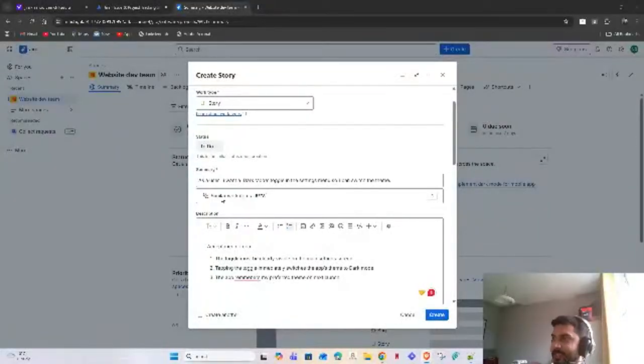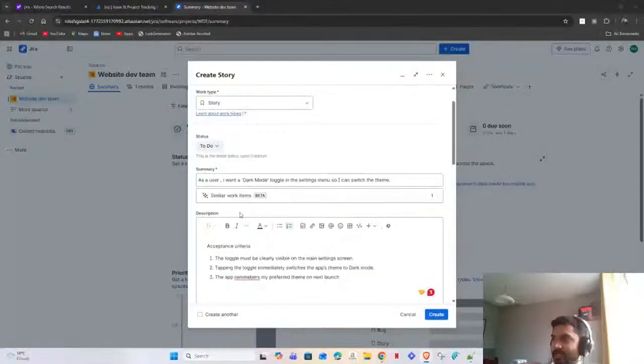So as you can see in the story, we write it from the perspective of an end user, and in the description, we write the acceptance criteria. So the summary is, as a user, I want a dark mode toggle in the settings menu so that I can switch the theme. And in acceptance criteria, you try to write,